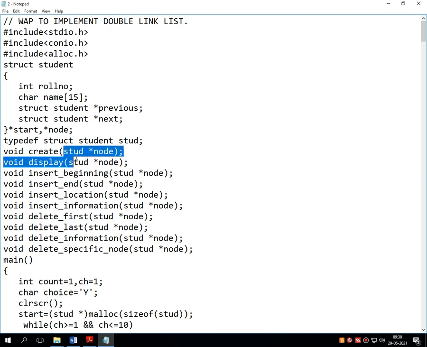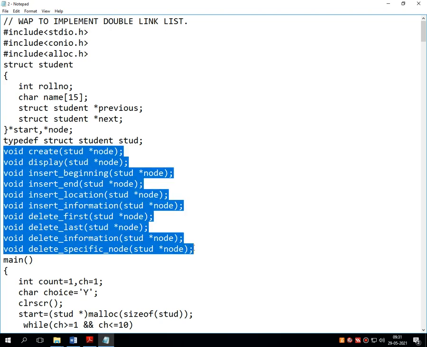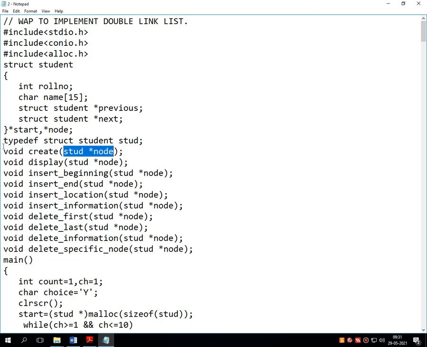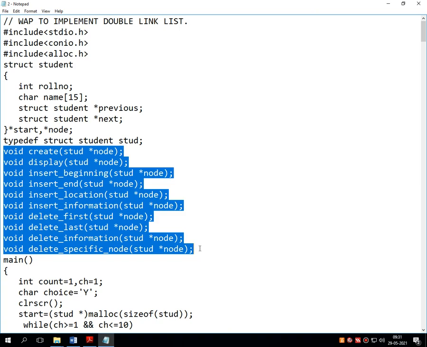And in all of these I am passing the node of the structure called student. So these are the function prototypes, and the type of function is function with argument, without return value, and this is common for all of these.